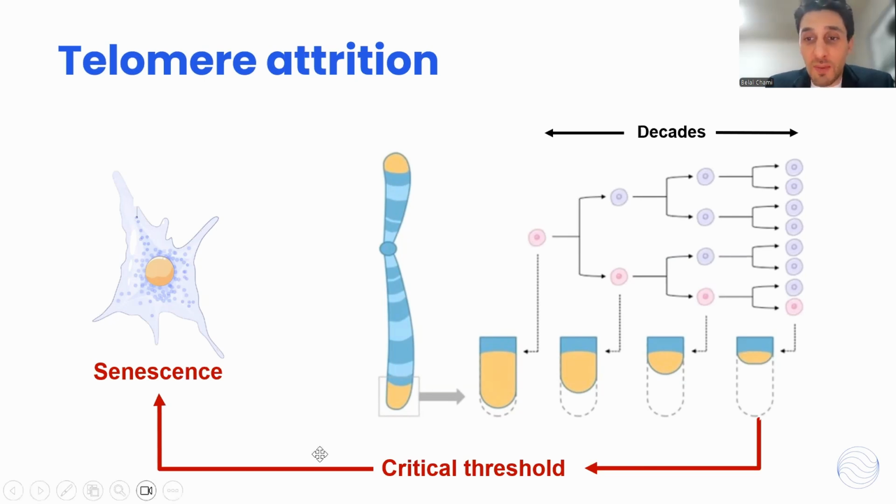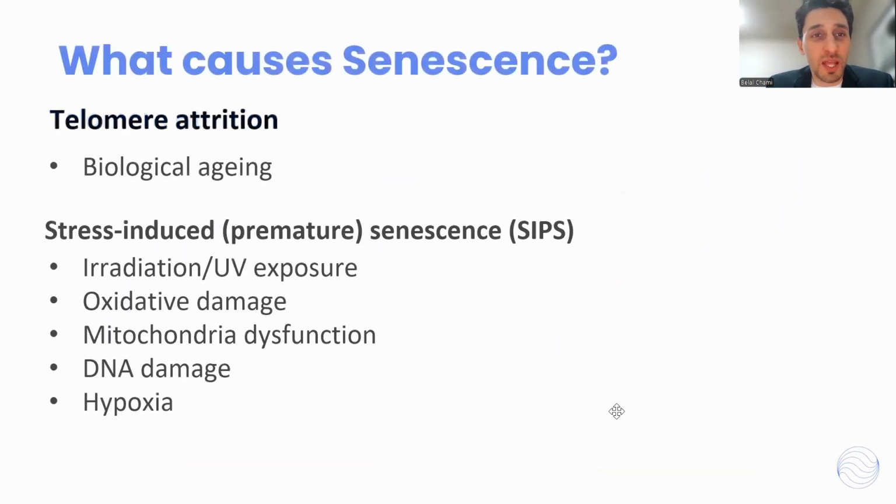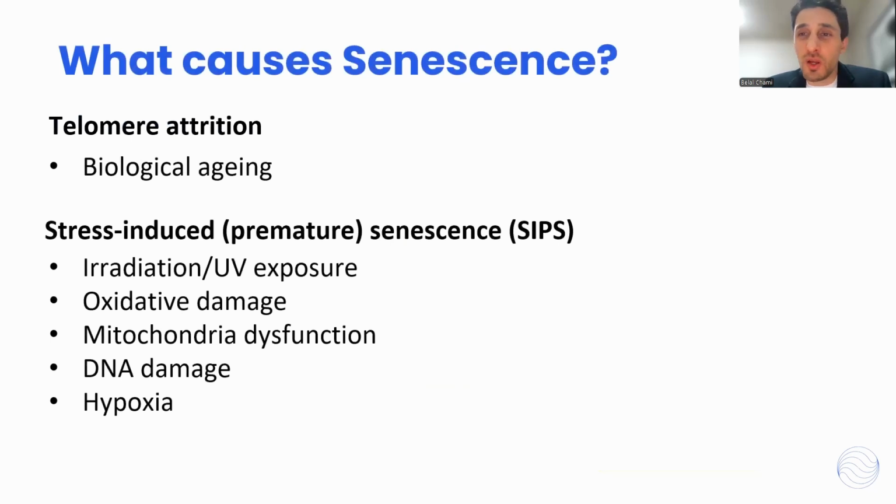Now, it's not the complete reason. I'll come back to this point later. The majority of senescence doesn't come from biological aging. It comes from stress-induced premature senescence. In other words, cells are exposed to stresses like UV radiation, UV exposure or irradiation, oxidative damage, DNA damage,